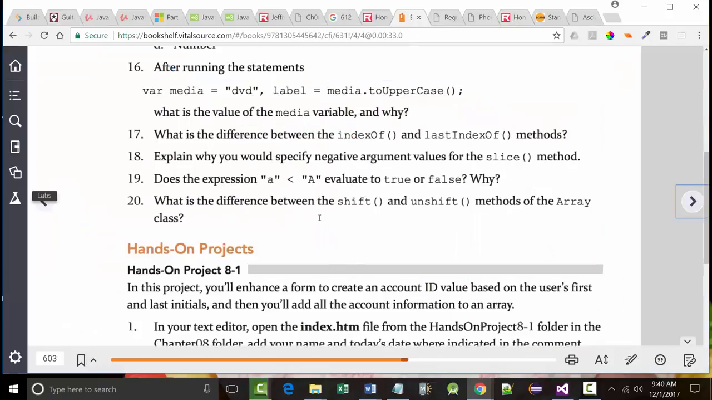Number 20, what's the difference between shift and unshift? All right, it's do you add something to the beginning of the array or do you remove something from the beginning of the array? All right. So let's do this. Again, I sent you an email